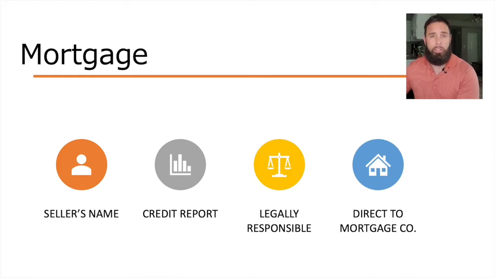And then the last note I'll tell you, as far as a mortgage is concerned, I recommend always making the mortgage payments directly to the mortgage company. The way we do this is we get the mortgage login information from the seller, to include the username and password and any other information, for example, what is your dog's name? What was the first car you drove? Those answers to those questions to get into the mortgage information so that we can change the mortgage payment information to our business checking account. So I would never, ever, ever pay the seller the mortgage amount for that month and hope that they make the payment to Wells Fargo.